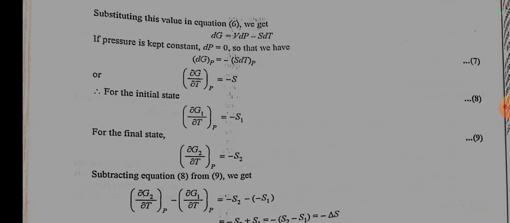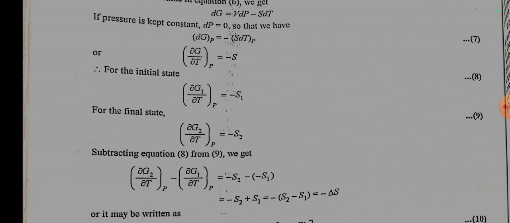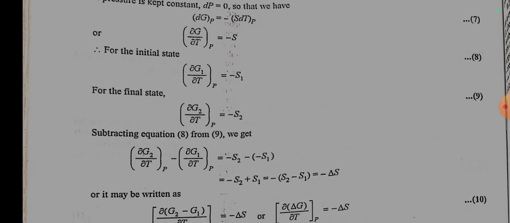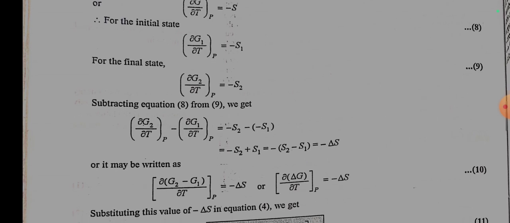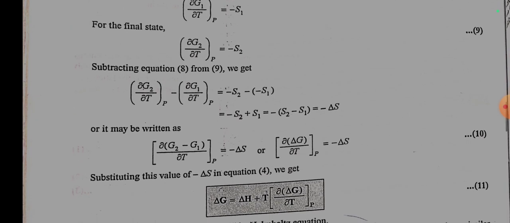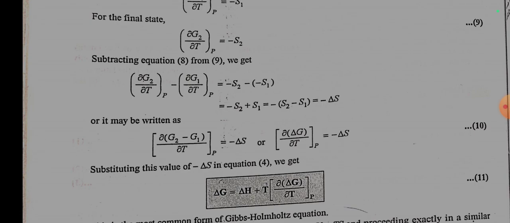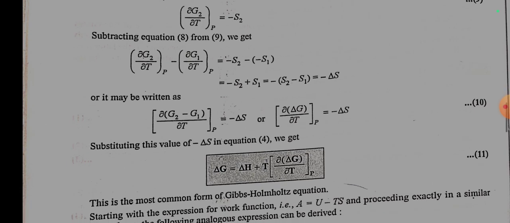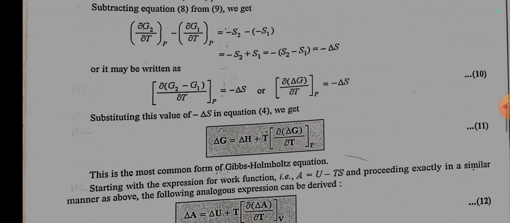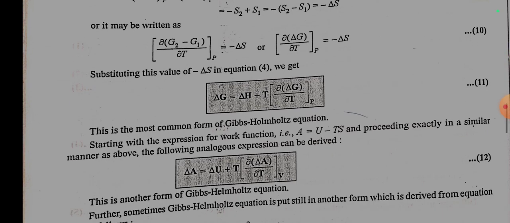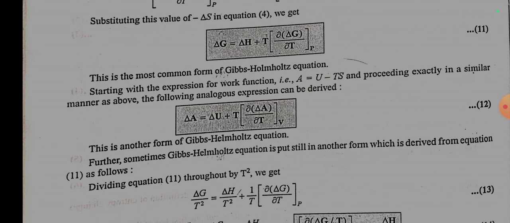If pressure is kept constant, dP = 0, so that we have dG = -S dT and -S = dG/dT. For the initial state, -S1 = dG1/dT. For the final state, -S2 = dG2/dT. Subtracting equations, we get ΔS = (dG2 - dG1)/dT. Substituting this value of -ΔS in equation 4, we get ΔG is equal to